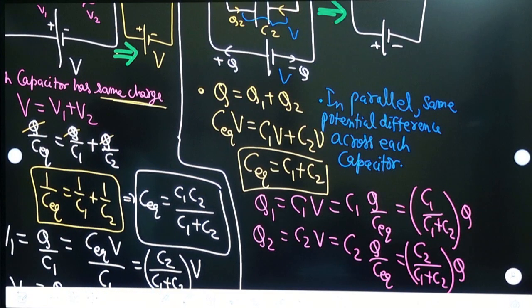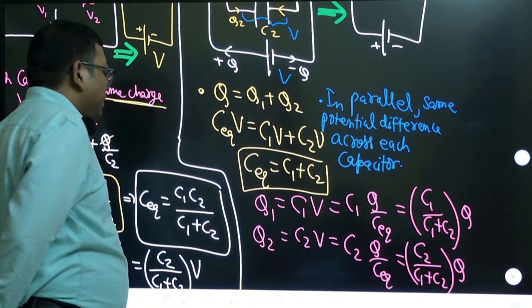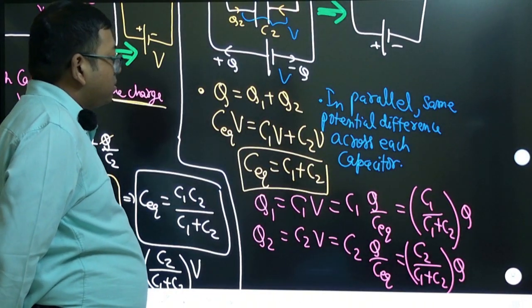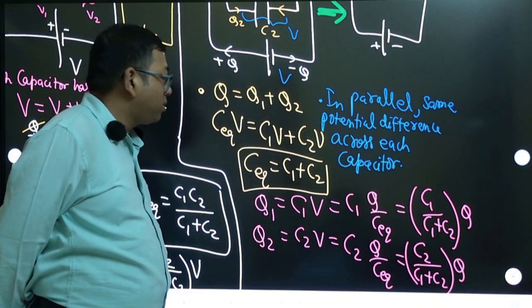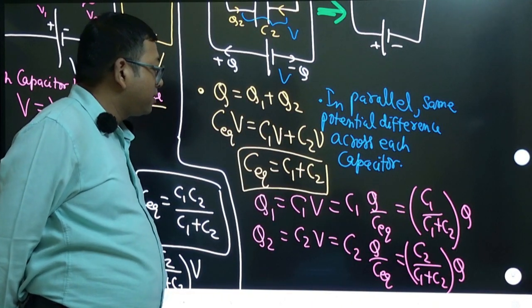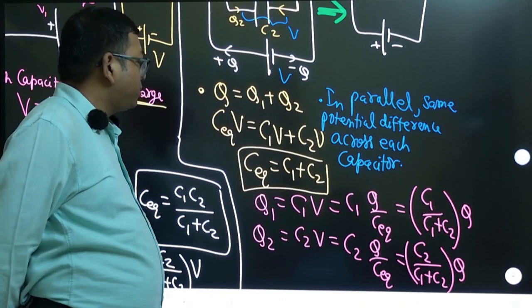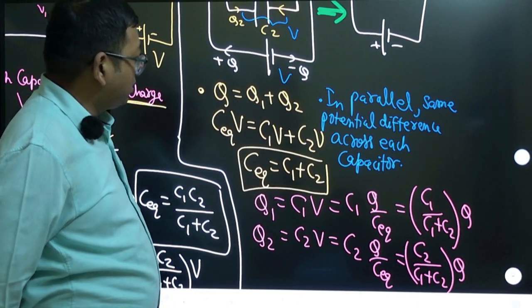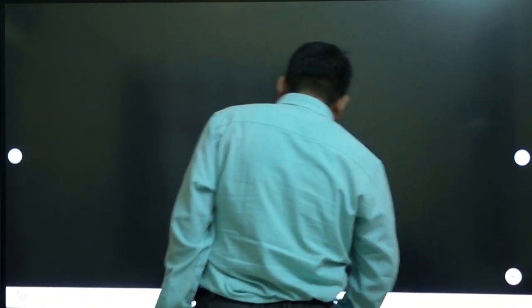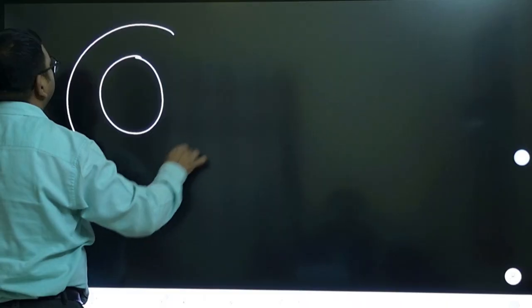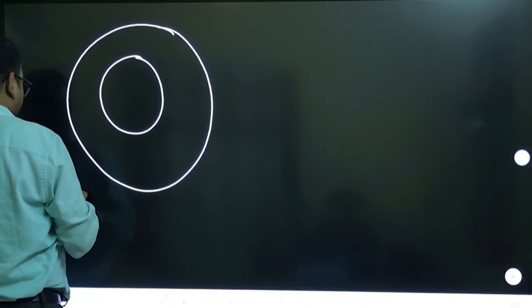So this is all about series and parallel combinations of capacitors. Then we can see many other laws are there. We will be seeing that. But before we go into that, we had to discuss a very important thing regarding last class. I told that we will discuss this spherical capacitor, where in the first case,